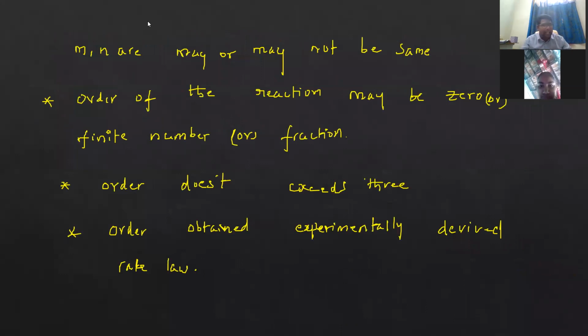In chemical kinetics, reactions are generally classified in terms of their order. For example, if the order is 0, that is a zero order reaction. If the order is 1, that is a first order reaction. If the order is 2, that is a second order reaction. For the board examination, up to second order, but derivations only for zero order and first order.